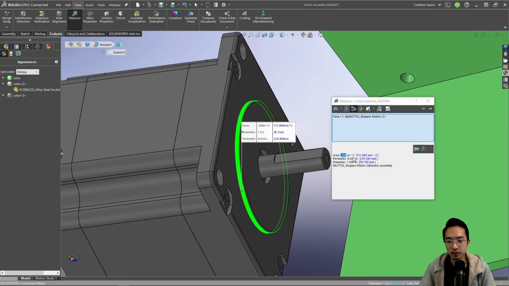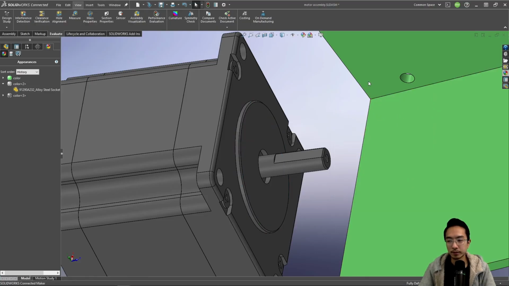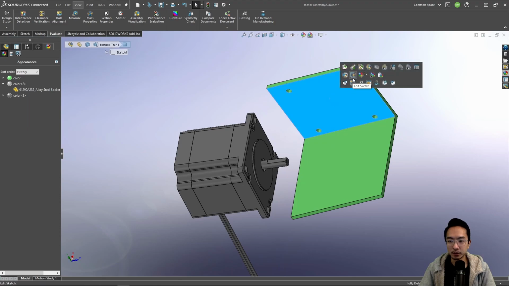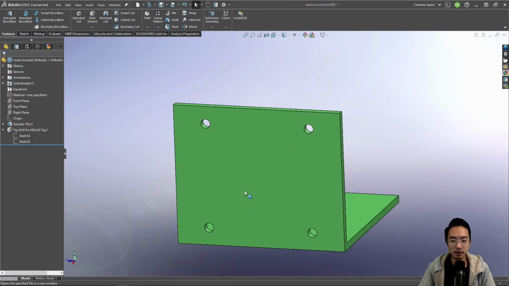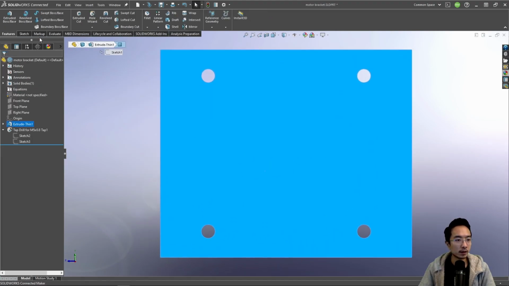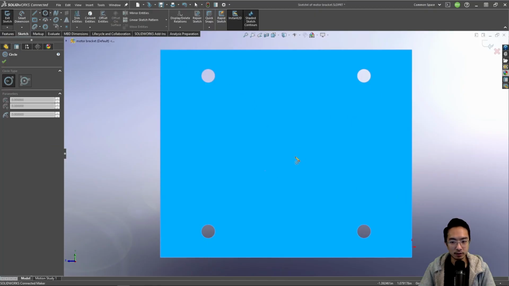Okay, so when we measure this, we see the diameter is 38.1 or 1.5. So in here, we need to make a hole of that size. So if we go normal and then sketch,